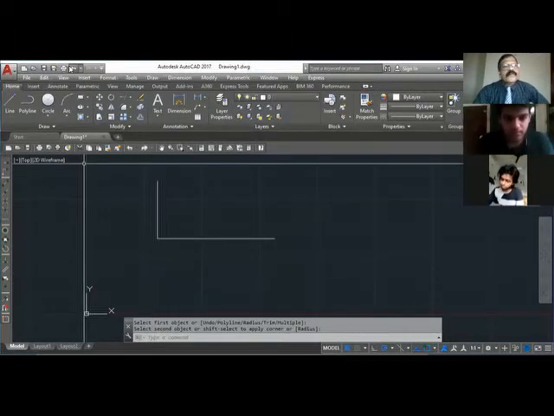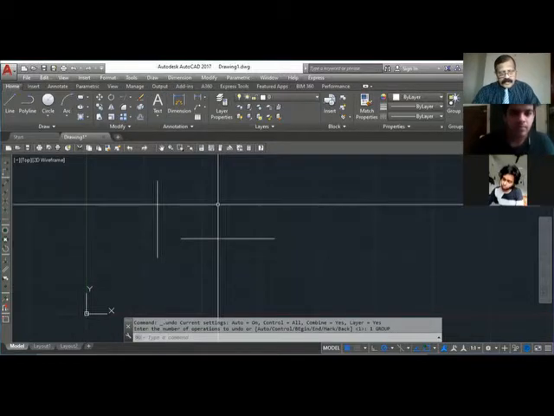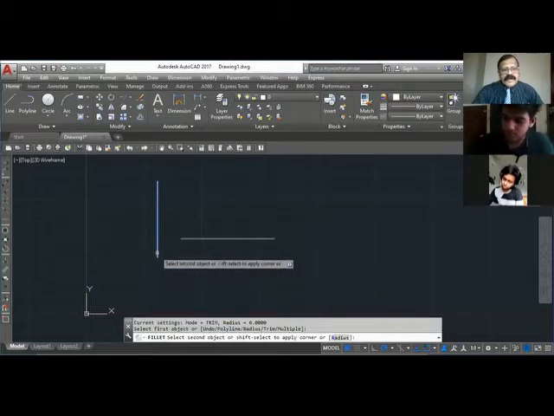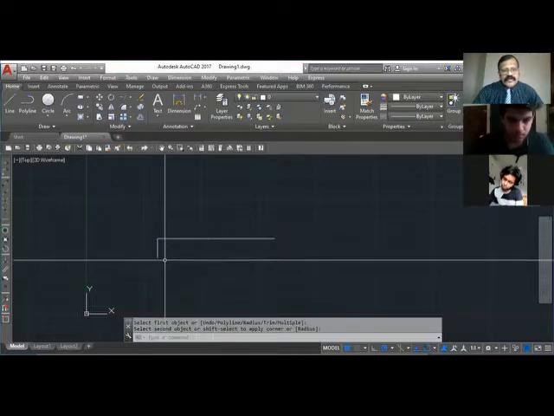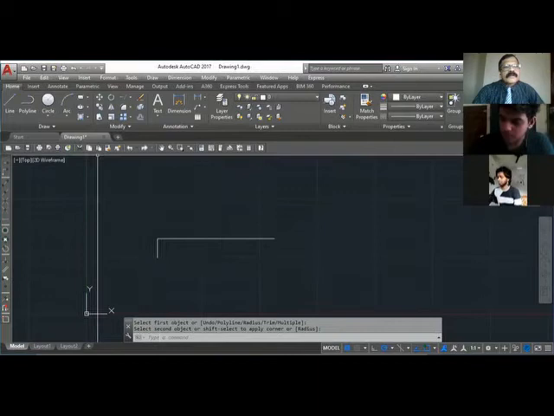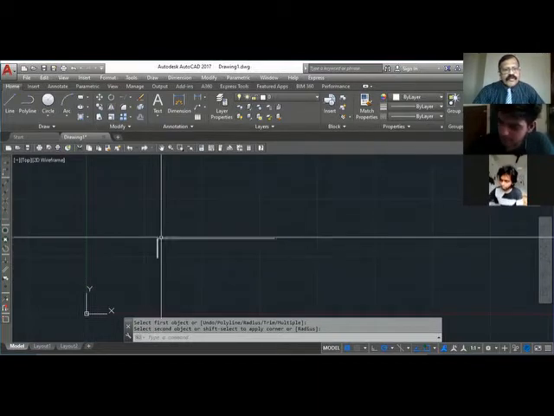I will say undo. Again fillet. F is for fillet. You can select from here. So in that case, when you select this end, the other end will be cutting and this will be joining. So when I select this one and this one, it is joined. So fillet is the command to connect two lines together, with or without an arc. So there is no arc now.